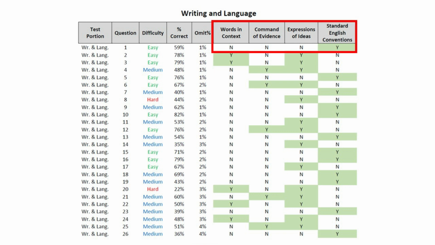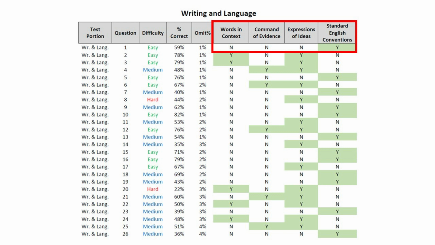Look at question 1. It was a standard English conventions question, labeled as easy. It was measuring one skill, and only 59% of students got the answer correct. More students got easy questions 2 and 3 right, which were both measuring how students understand words in context and